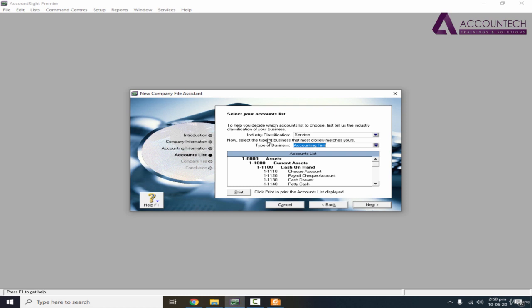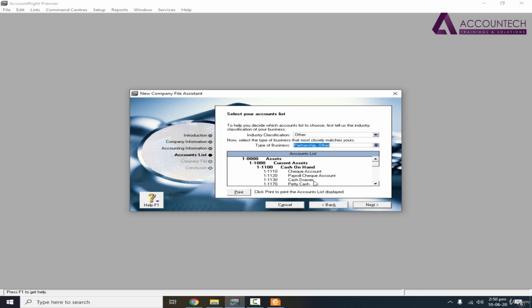Now it will also ask you for the industry so that it can create the most accurate chart of accounts for your particular business. In the industry classification, I have multiple options: agriculture, manufacturing, retail, service, other, and all. I'll choose other so that I can get a generic chart of accounts which is not specific to any industry but is related to every kind of business.